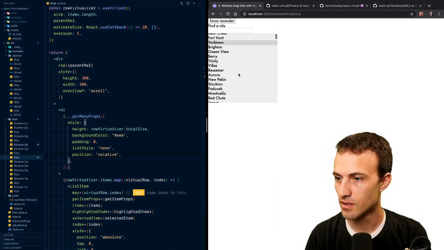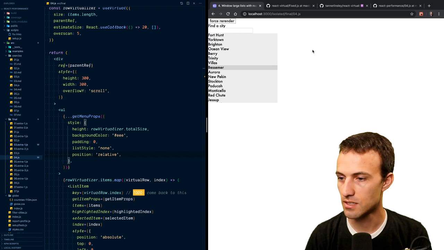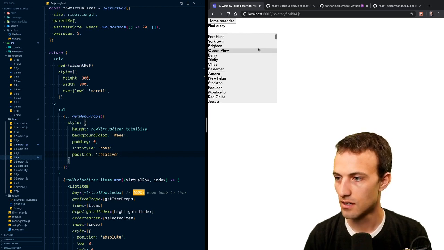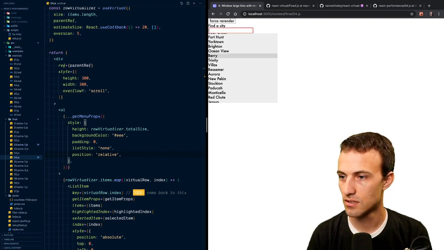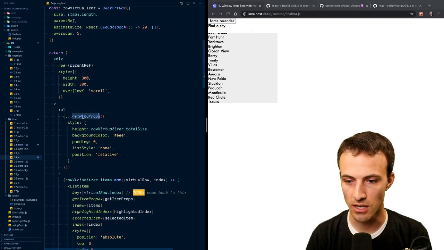Sweet. Okay, so that's not good. I can't scroll it. And that's doing nothing useful also. I'm actually thinking that my get menu props is on the wrong thing and I need to put it right here,